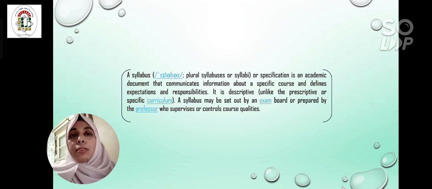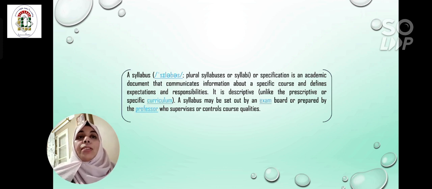So these are courses. This specific course has its own documents, its own syllabus, and defines expectations and responsibilities. It is descriptive. The syllabus is a descriptive document, unlike the curriculum, which is prescriptive. A syllabus may be set out by an exam board or prepared by the professor who supervises or controls course